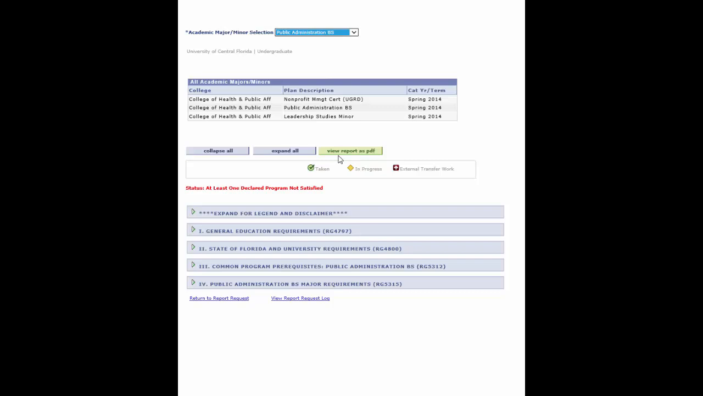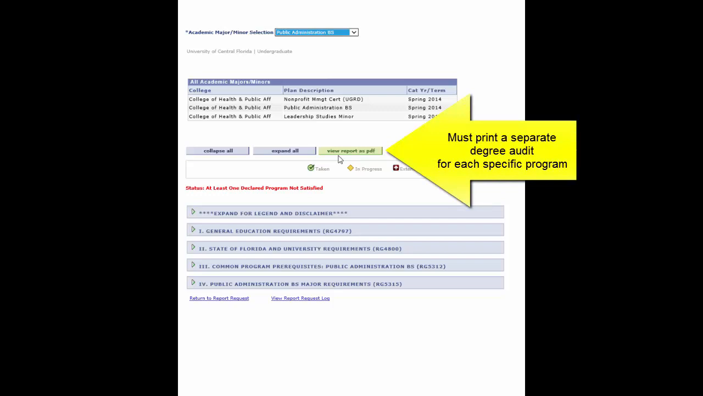The View Report as PDF button will allow you to print your degree audit. Note: a PDF file will only be generated for the program selected in the drop-down box. So, in this example, if you would like to print a PDF for all the programs, the Public Administration Major, the Leadership Studies Minor, and the Nonprofit Management Certificate, you would have to select each individually and generate 3 separate